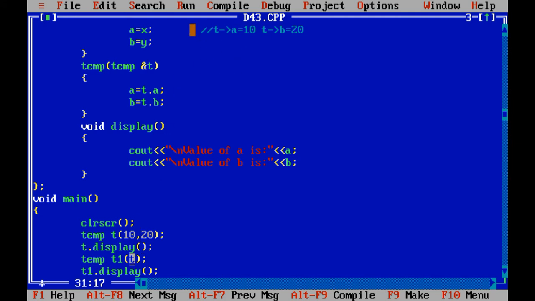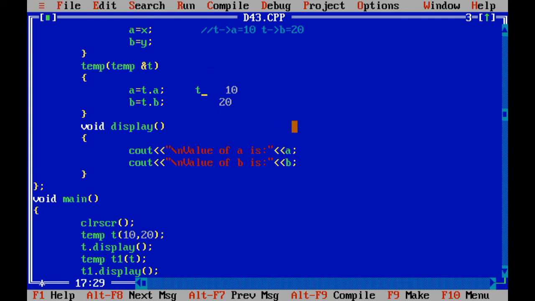So the object t contains two properties, t of a and t of b. Now t of a would be 10 and t of b would be 20, but this a is called with the help of t1 object. See over here.